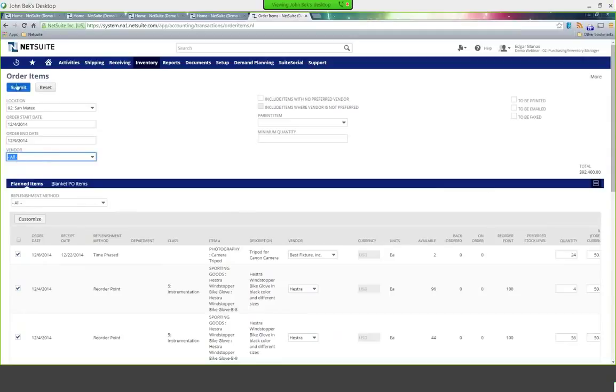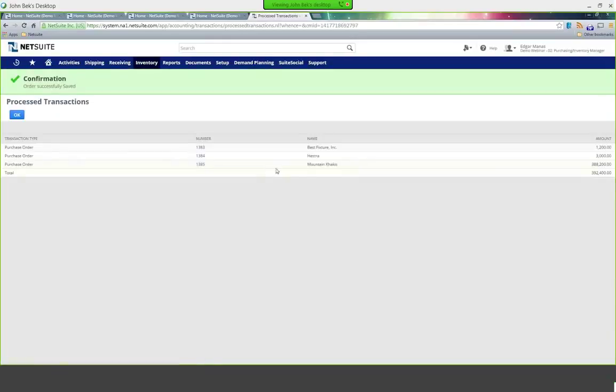I'm going to go ahead and kick off this order and just submit it. And this will create multiple orders from multiple vendors. Like I said, we could have selected one if we wanted to. There's other information like availability and so on, and you can see that I created 3 orders in one step, and if I wanted to, I can click on one of these orders, and we'll follow one of these through.